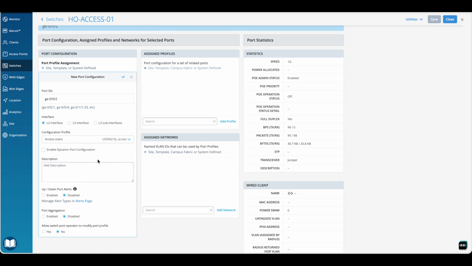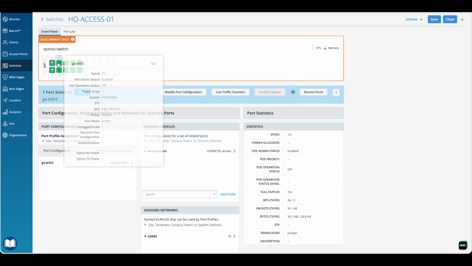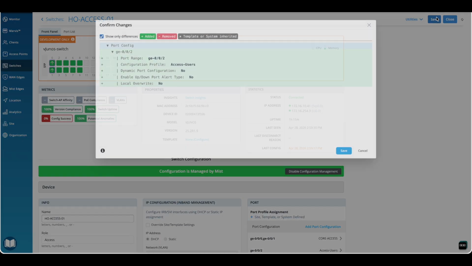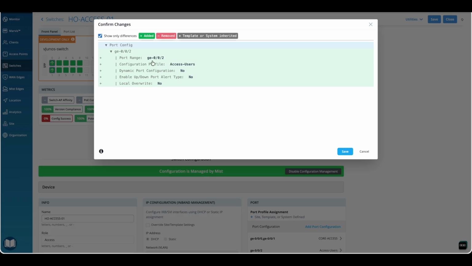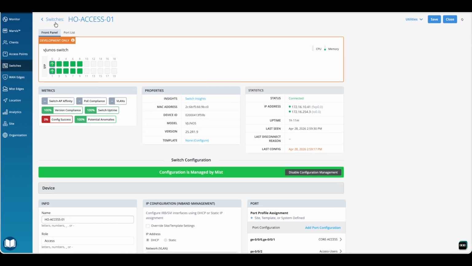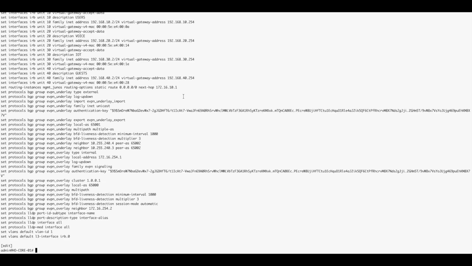I'm going to assign VLAN 10 and save the config. Click it again, make sure it has been pushed. Then I'm going to click save and make sure this is the right profile. I'm going to hit save over there, and then come back to configure my